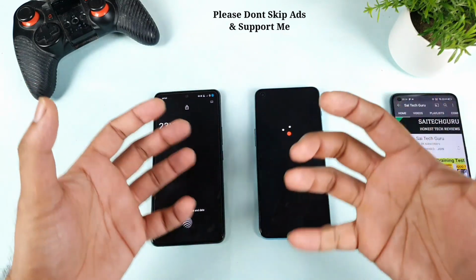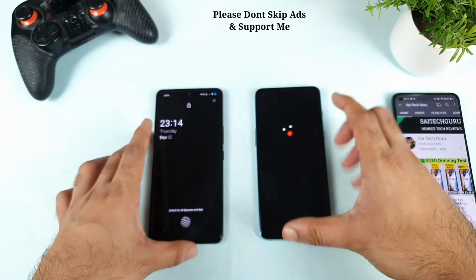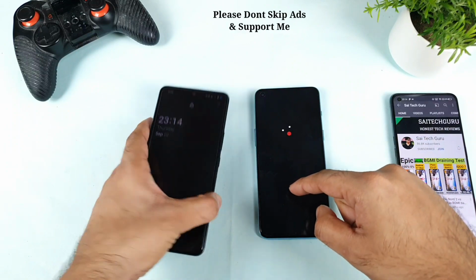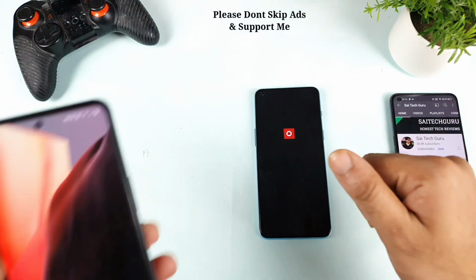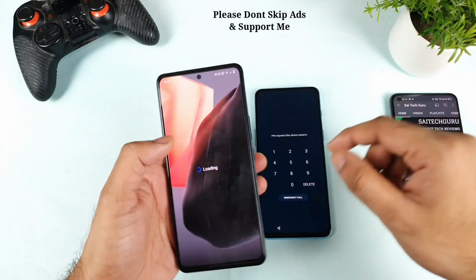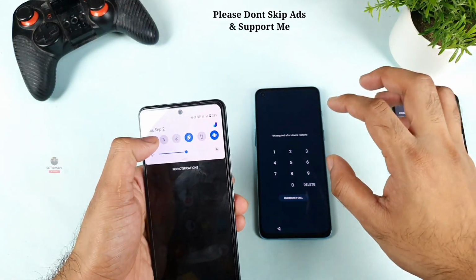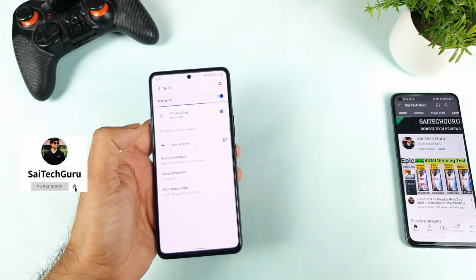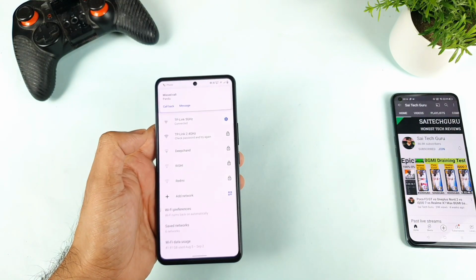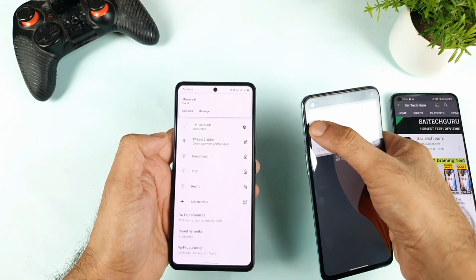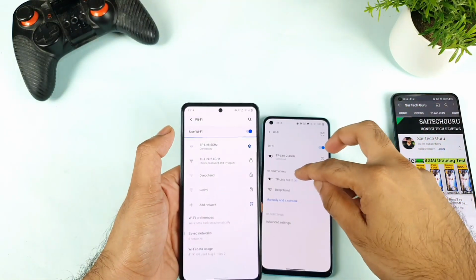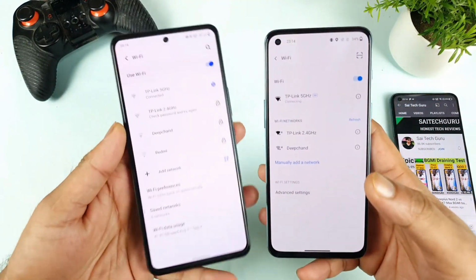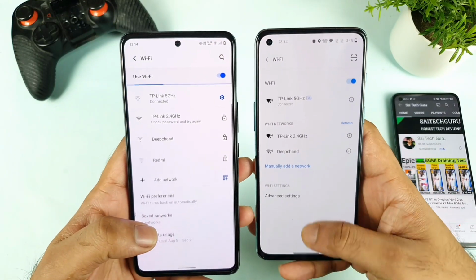So that is the main reason for me choosing this high performance mode in this speed test comparison. Right now the iQOO 7 device was able to reboot first, then the OnePlus Nord 2, not bad. And during this demonstration I need to show you exactly what type of Wi-Fi connection both phones are connected to, because that is also an important thing at this moment. So both phones are connected to the 5 GHz. As you can see clearly, both phones are perfectly fine on the 5 GHz network.